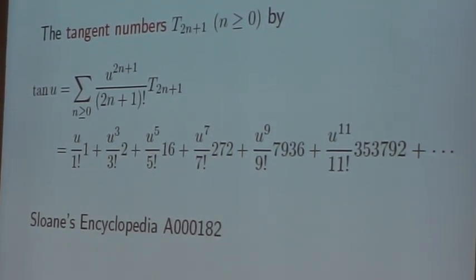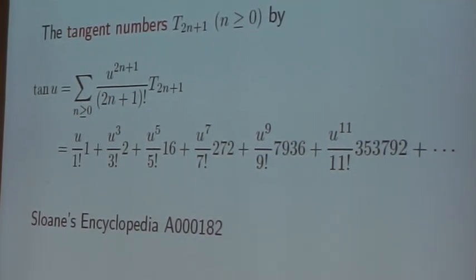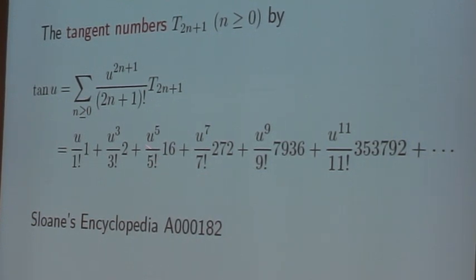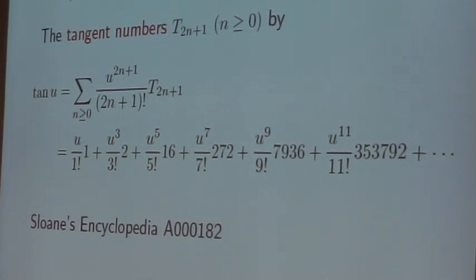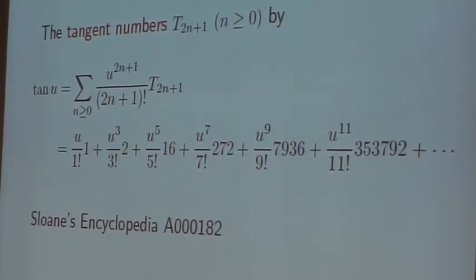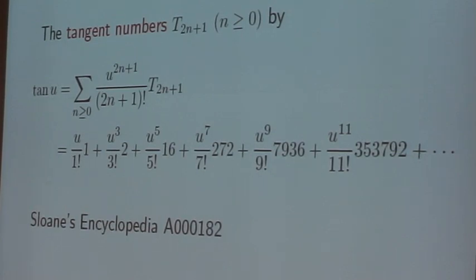Now the Taylor expansion of the tangent gives us a sequence of numbers, which have high powers of 2. And so how do we apply the gradient trick to those two sequences? Oh, first of all,